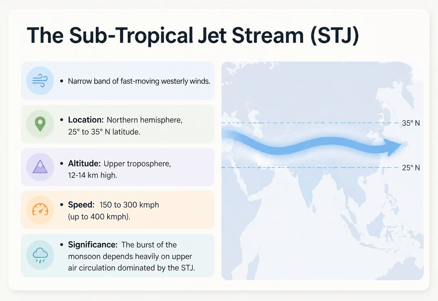The specific jet stream that controls the Indian monsoon is the subtropical jet stream, or STJ. This is a fierce, narrow band of westerly winds flowing high in the upper troposphere, about 12 to 14 kilometers above the Earth, right between 25 and 35 degrees north latitude. The winds here are brutal, routinely blowing between 150 and 300 kilometers per hour, sometimes reaching 400. The sudden onset, or burst, of the Indian monsoon is entirely dependent on the behavior and positioning of this high-altitude